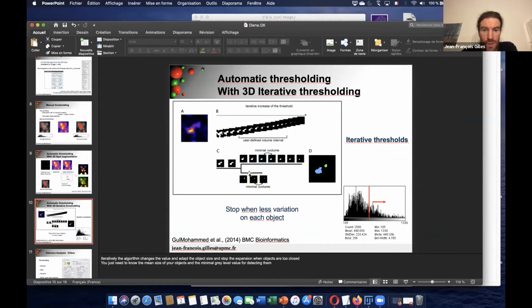When the size has a minimum difference between each step, it stops the growing and we obtain the object.